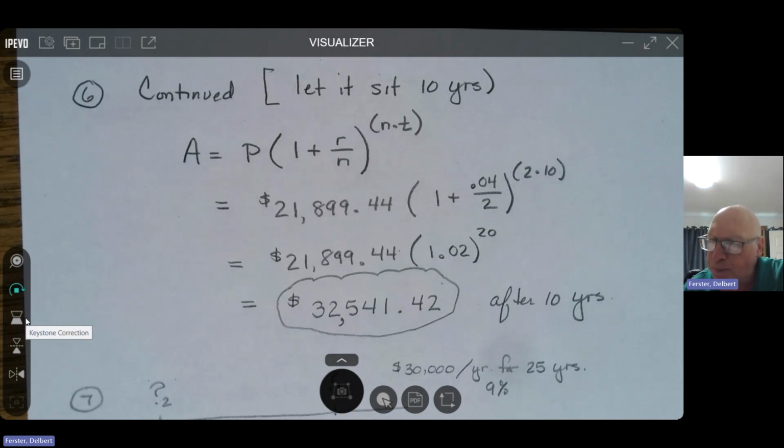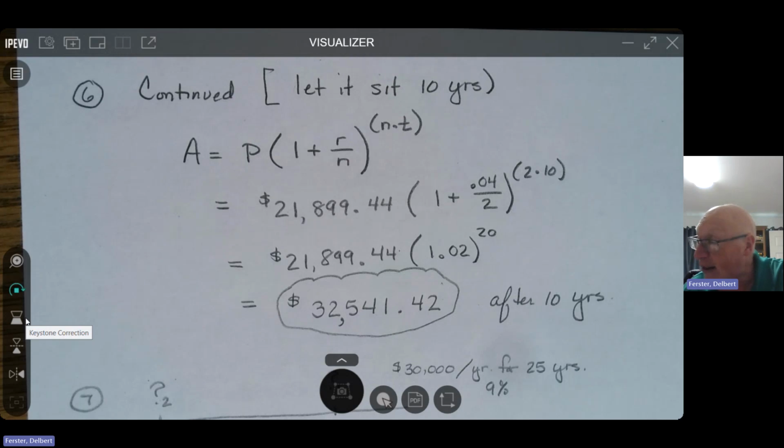Same interest rate. So it's 4% cut by 2. And then the number of compounding periods is actually 20, 2 times 10 years. He's going to let this money sit for 10 years. And the question for us is, how much will it be worth at the end of that 10-year period? Be careful, this is not an annuity. This is a single investment where we're calculating future value on a present value of